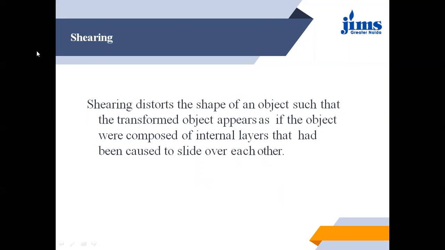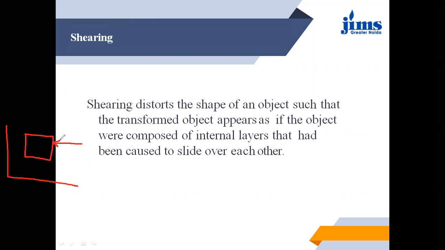Now last topic is shearing. Shearing means if we have an object and we are going to press that from one side. Let me show you by an example. Suppose I have this coordinate system. This is an image. Now I want to shear this image. For an example, I will press this image from here. I will press this image over here.